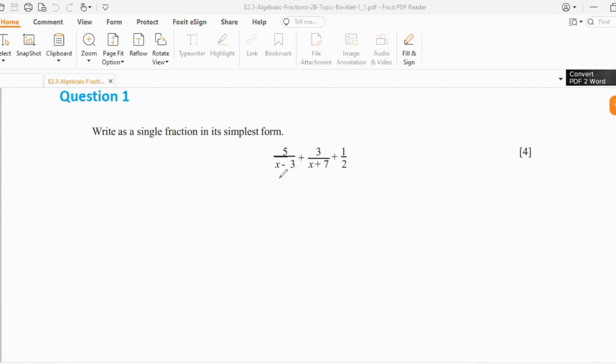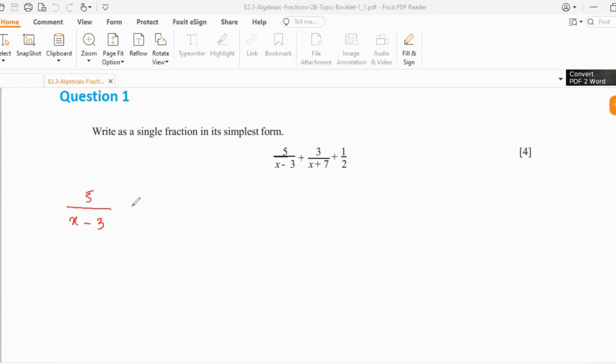For the first fraction, the denominator is x minus 3. For the second, it's x plus 7. And for the third, it's 2. In order for us to solve fractions with unlike denominators, it is very important that we make the denominators equal first. So in order to do that, what we're going to do is